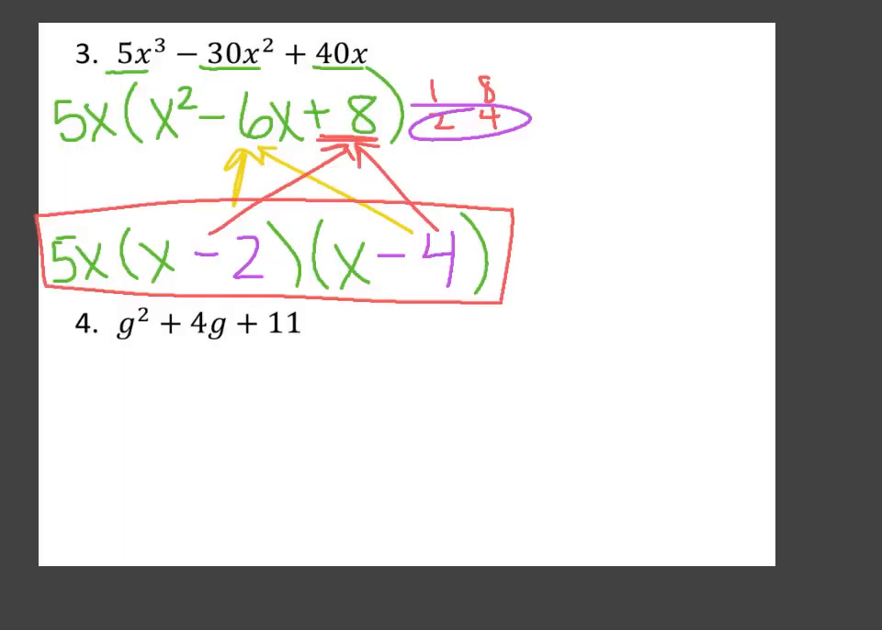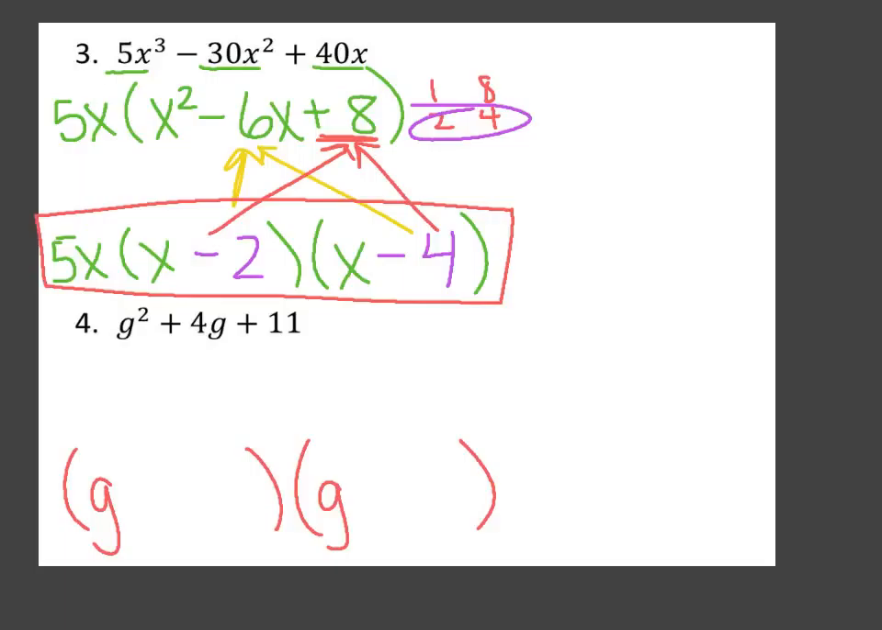Let's look at number 4. Try GCF first. Anything they have in common? Well, I have a 1, a 4, and an 11. No GCF. So now I'm going to try sum product. So I'm filling up the beginning with g's because that's my variable. Now I have to find two numbers that are going to add up to be 4 and multiply to be